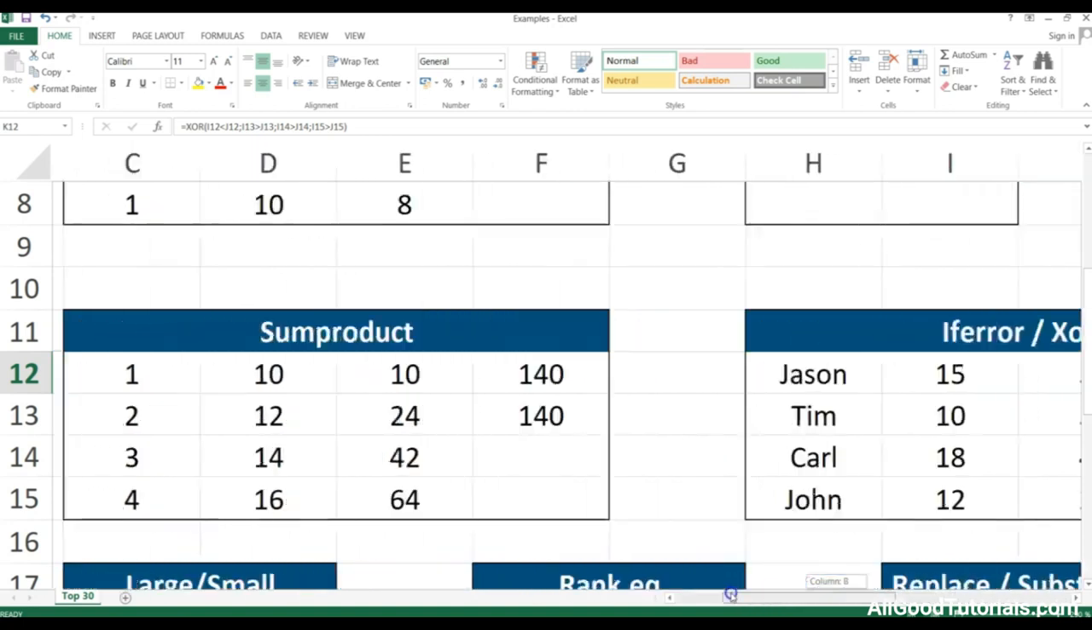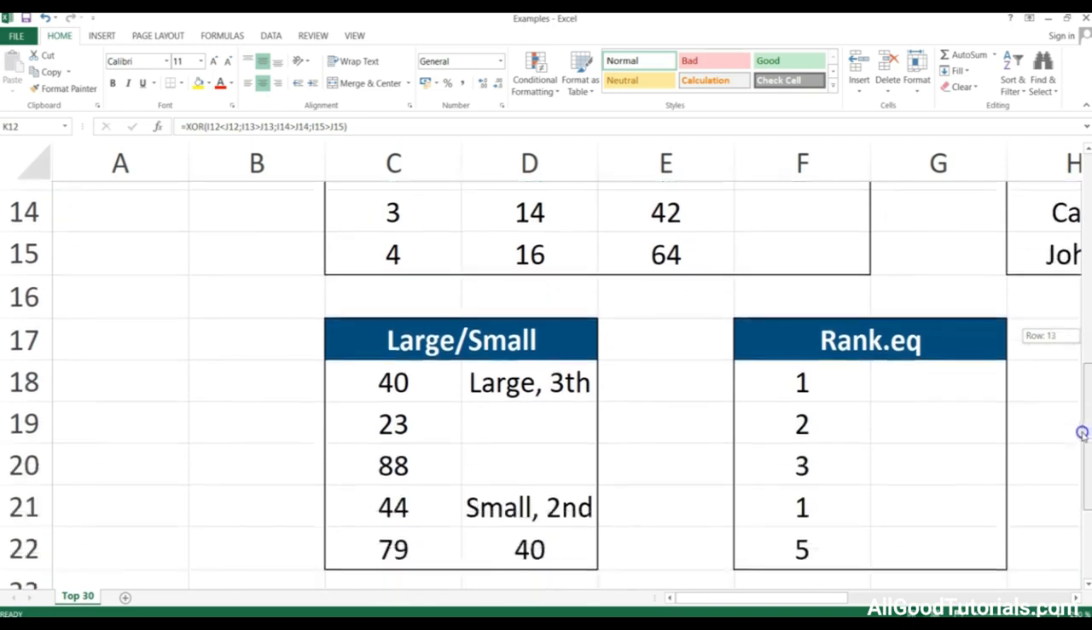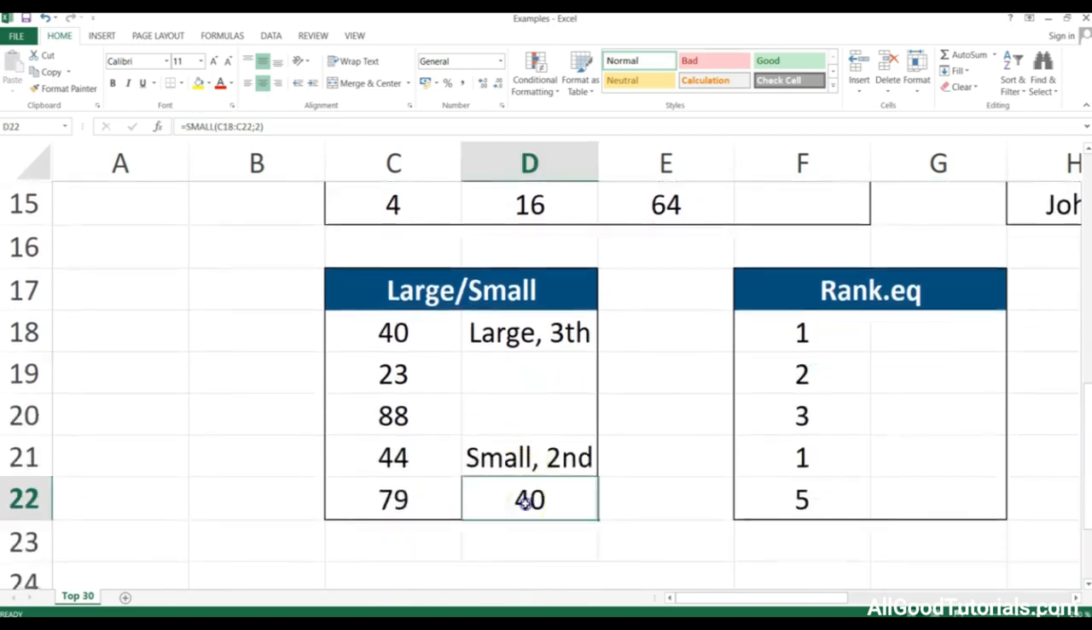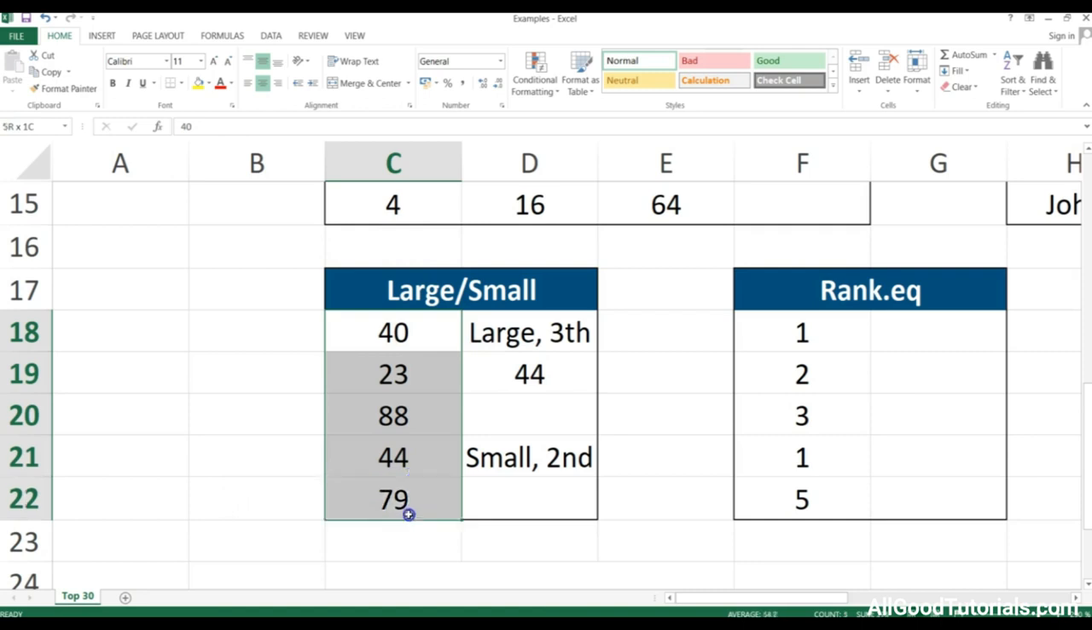Now if I go down here, so the example, let me just delete this as well. Here we need to return the third largest value from this array. So this is our array, and we want the third largest value, which is 44 in this case, and let's check if it's true. So we have 88 as the largest one, then we have 79, and then 44 is